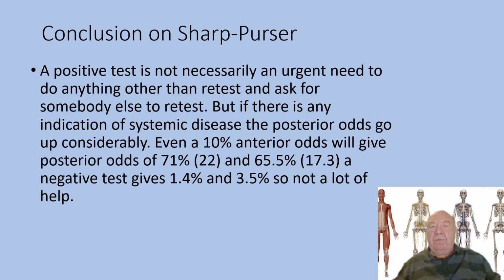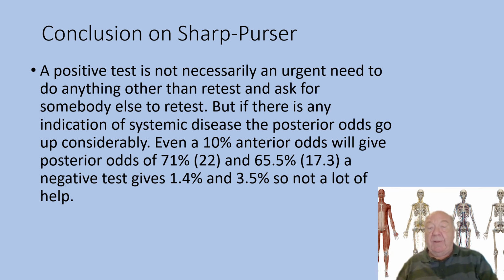As I've said before, a positive test is not necessarily an urgent matter. It depends on what you thought going into the test, because that will give you the chances of it actually being present after the test. So if you go in with a low probability of it being present, and the test ends up being positive anyway, the chances are that this is still a low probability after the test. On the other hand, if you go in thinking that the chances are the patient does have the problem and the test is positive, you have a higher pre-test probability and a higher post-test probability,